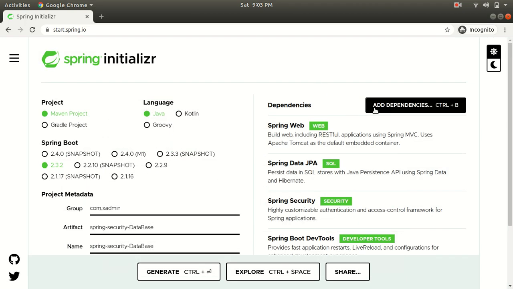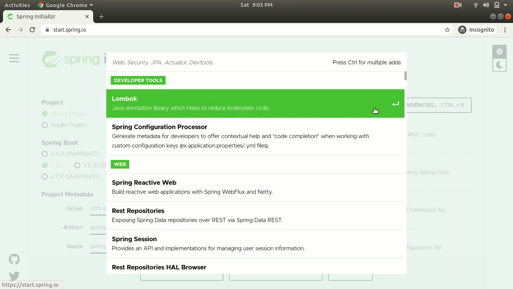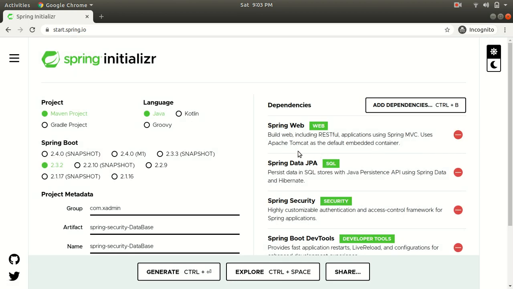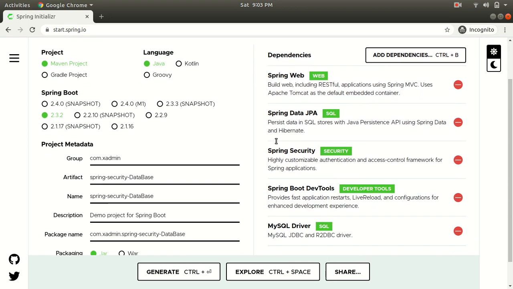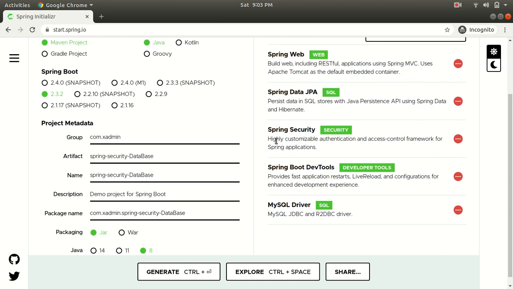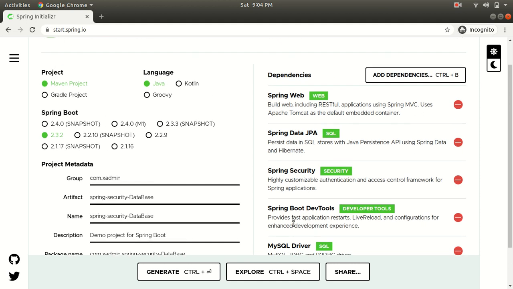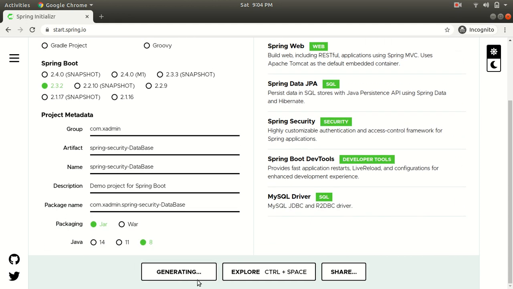Alright, and for the database I will add the MySQL driver. So guys, Spring Web, Spring Data JPA, Spring Security, and Spring Boot Dev Tools. Alright, and for the database I am using the MySQL driver. So these are the dependencies I am adding to this project. So let's generate our project.